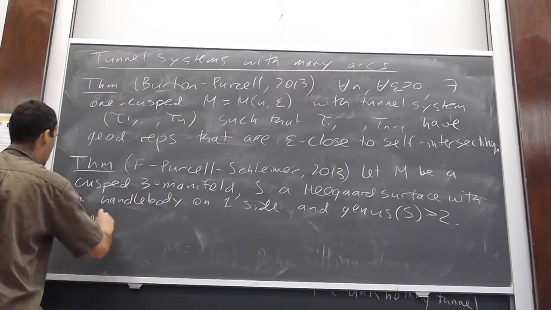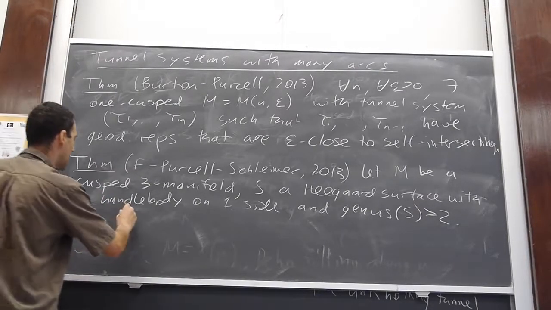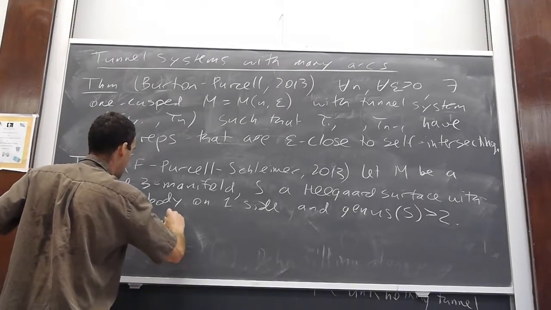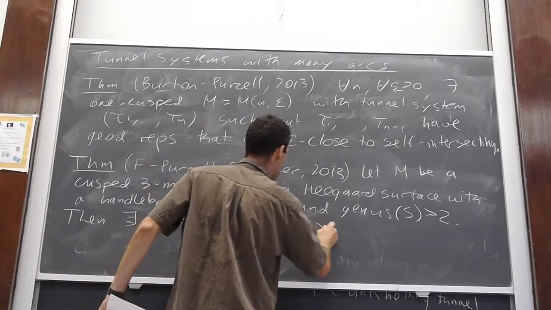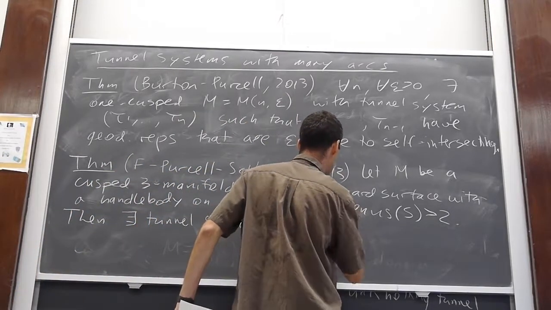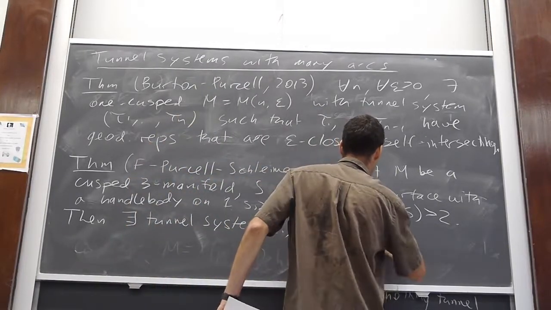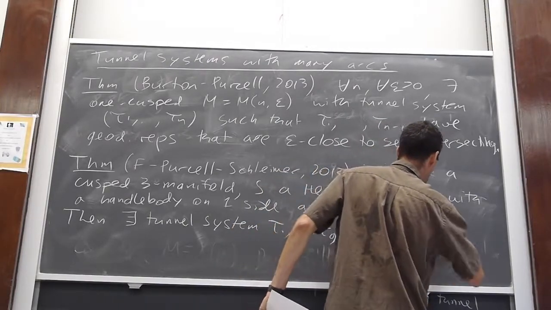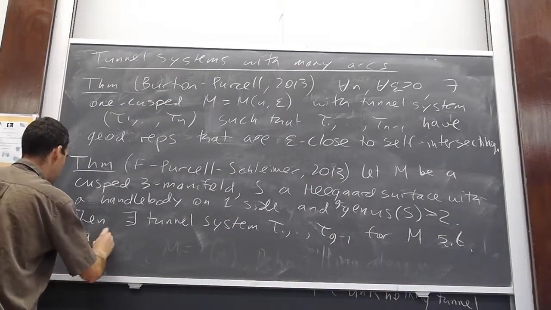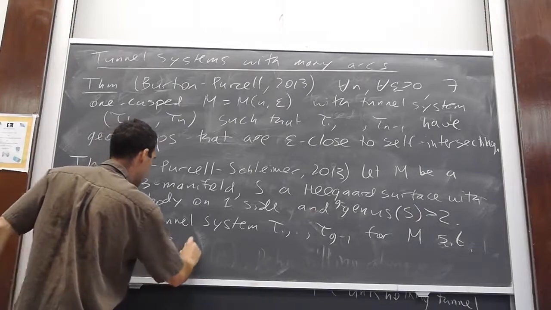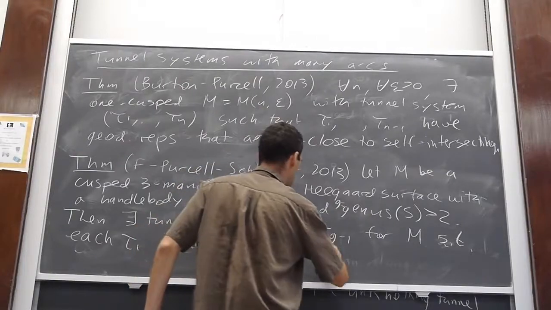And then for any setup of this type, there exists a tunnel system tau, so it's g minus 1, where g is the genus for M, such that each tau i is not isotopic